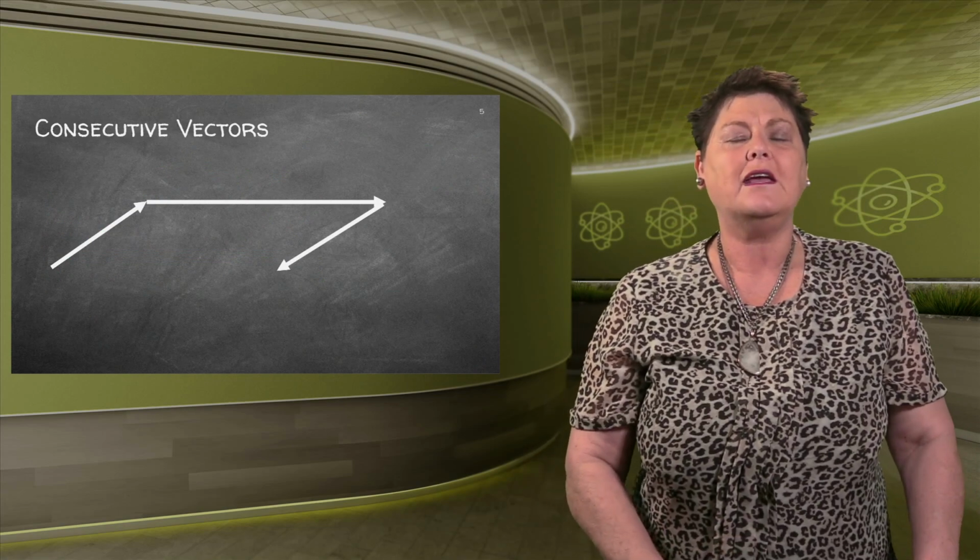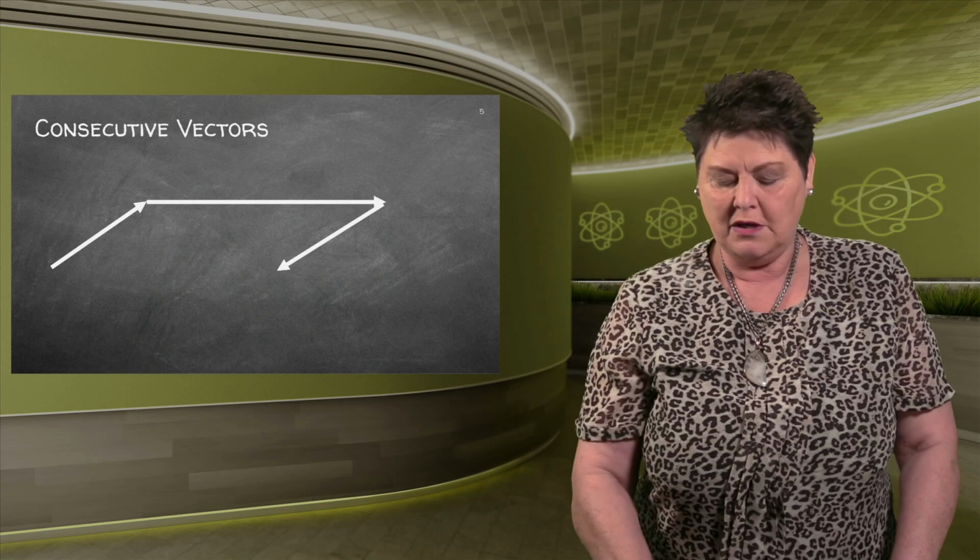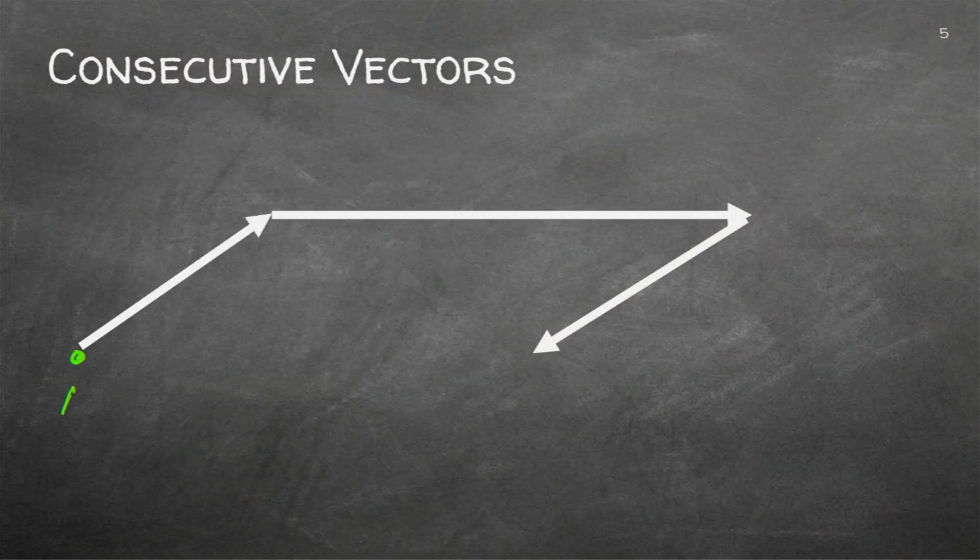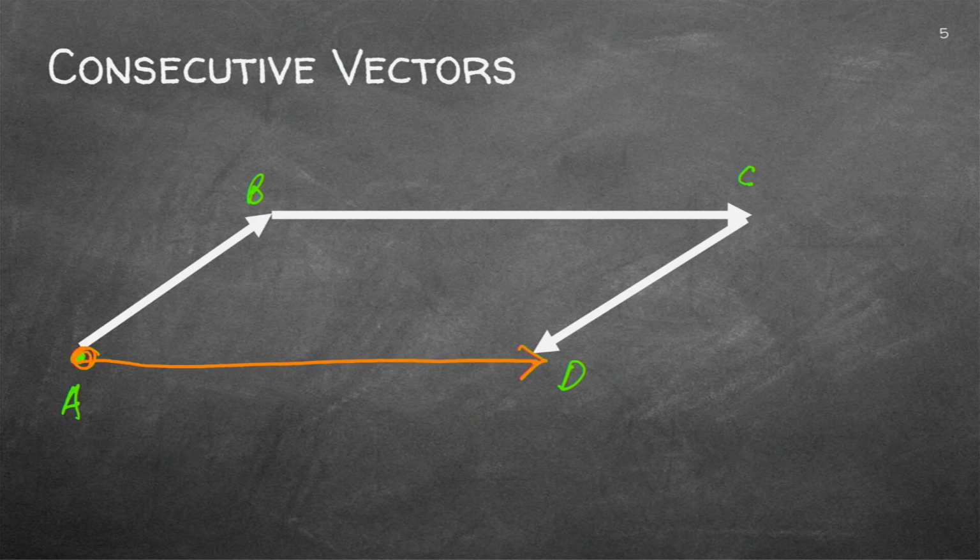Consecutive vectors can be more than two of them. So I can start here. I can walk from A to B. I can then go from B to C, and then from C to D. The question will be, how do I determine the resultant? Now you know, I just connect the starting point here at A with the end point at D. Again, an easy way of finding the resultant would be